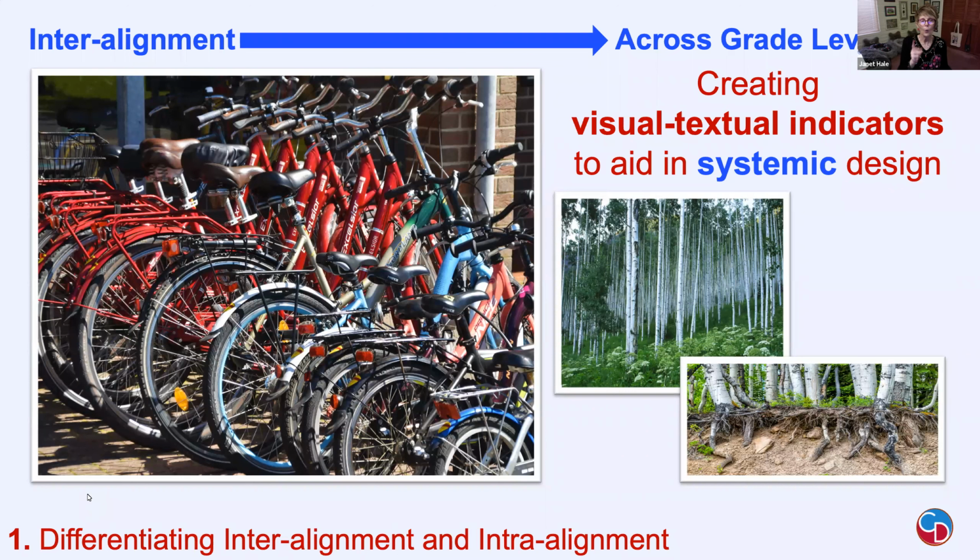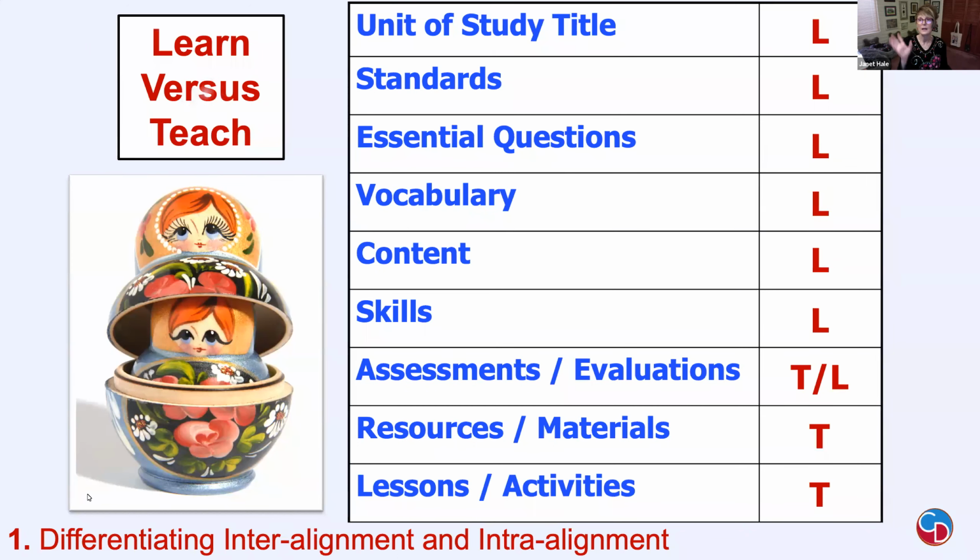So one place that I like to work a lot with the interalignment is this idea that we know our map units are going to have lots of elements to them. I like to start with content because content is, hey, what do we want our students to know? So if we can focus systemically on what we want them to know and think about that in a way that builds from the lowest grade level you have to the highest grade level.